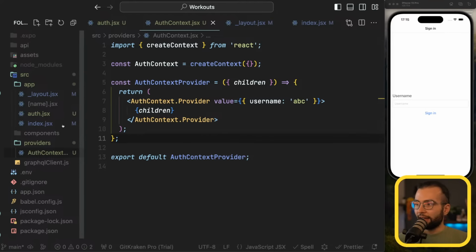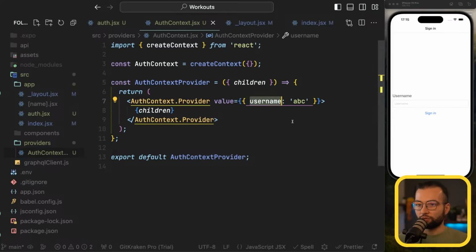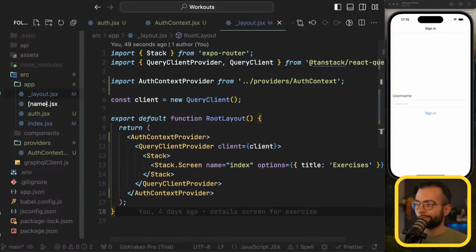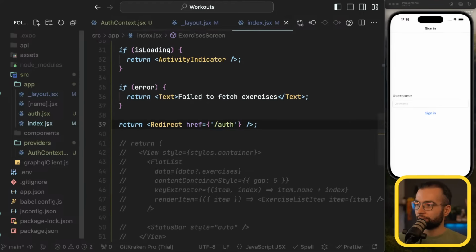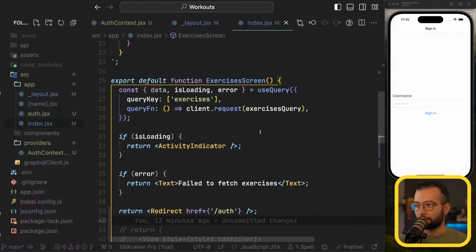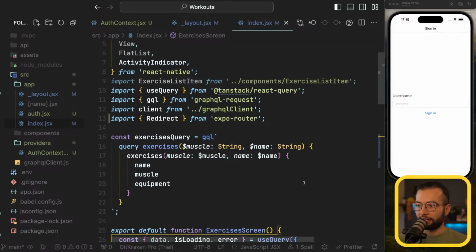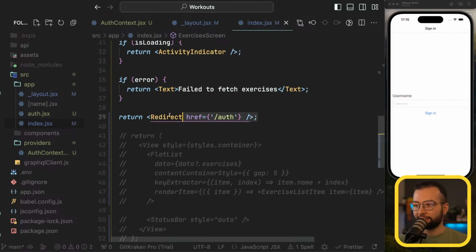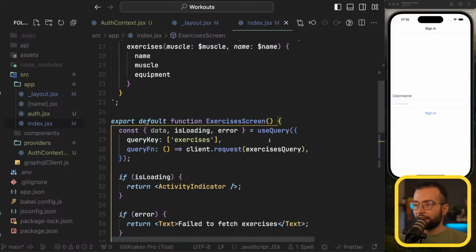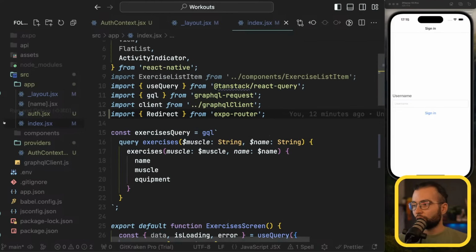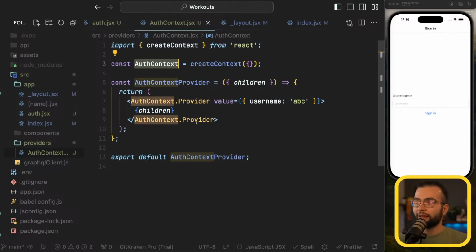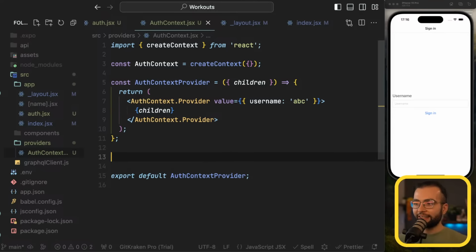Now let's see how we can consume this username. For example, let's say in this index, if I want to get access to the username and only redirect if the username is not set, I need a couple of things. I need access to this AuthContext. We can get access to that AuthContext through a hook called